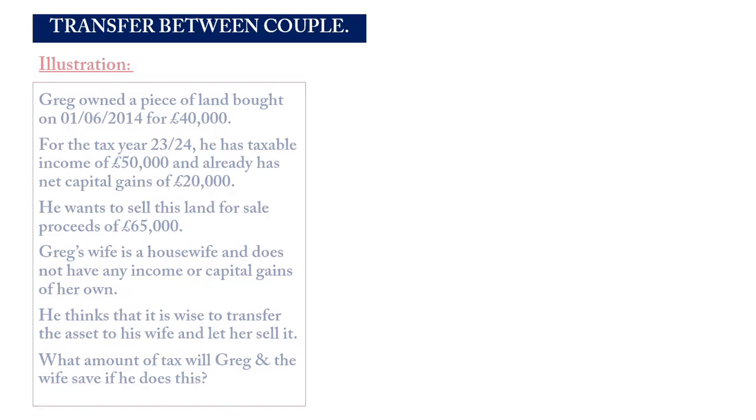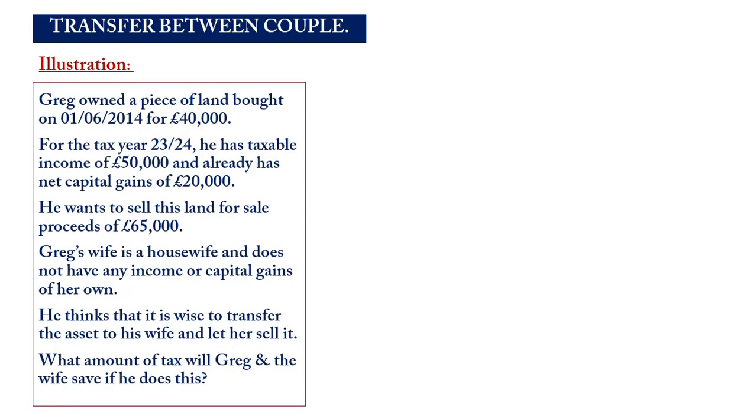So, first, let's calculate the tax that the couple will pay if the transfer is not made. If the transfer is not made, it means that Greg is the one having the land. Now we are told that Greg has a taxable income. There's a taxable income, there is a trading income, there's a total income. Now we are being told that it's a taxable income, meaning the total income or the net income was calculated,